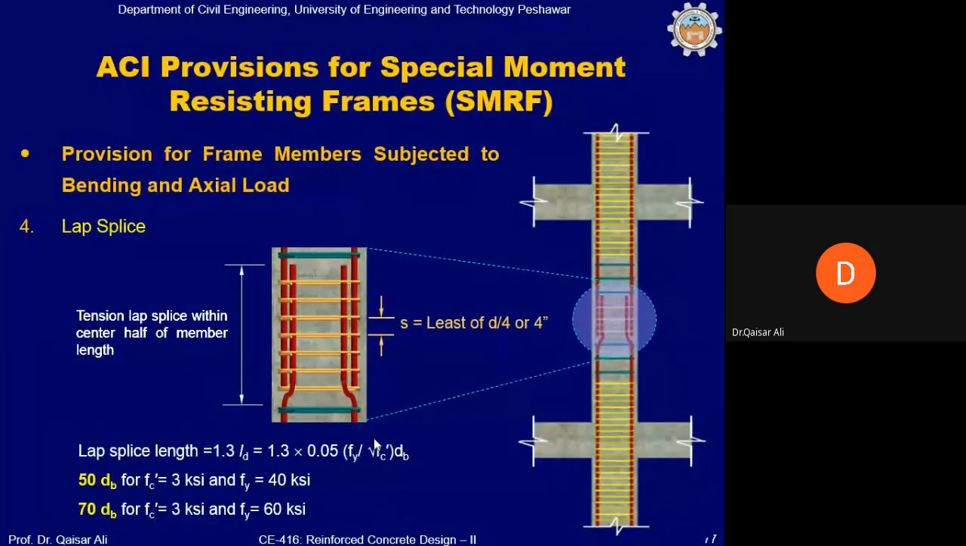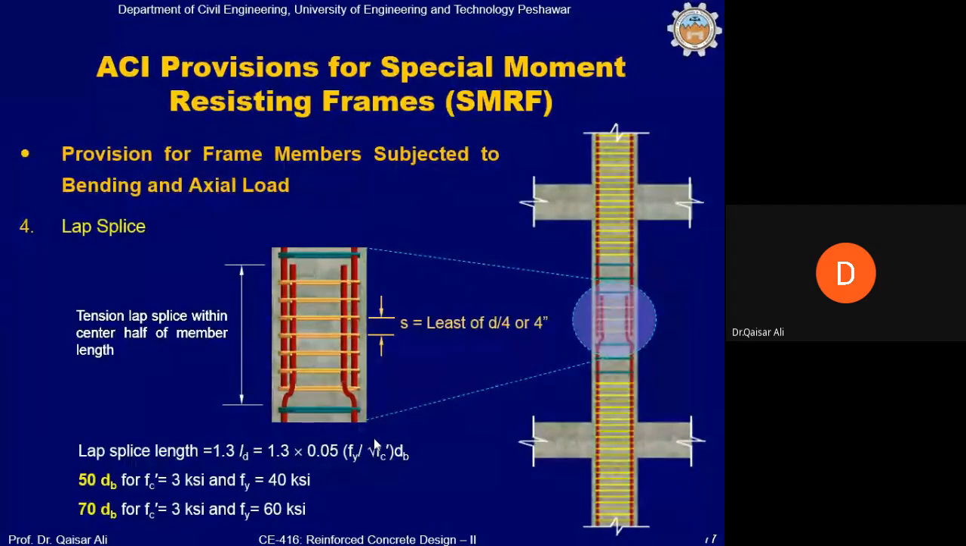This is with regard to the lapping. Lapping is allowed in the mid height of the column only, not at the ends of the column. At the ends of the column, lapping is prohibited, because you have seen that in the analysis of gravity load as well as of the lateral load, bending moment at the mid height of the column is mostly 0, and you have bending moments at the ends of the column. So this is the region where bending moment is 0, and in this 0 bending moment region, we can provide